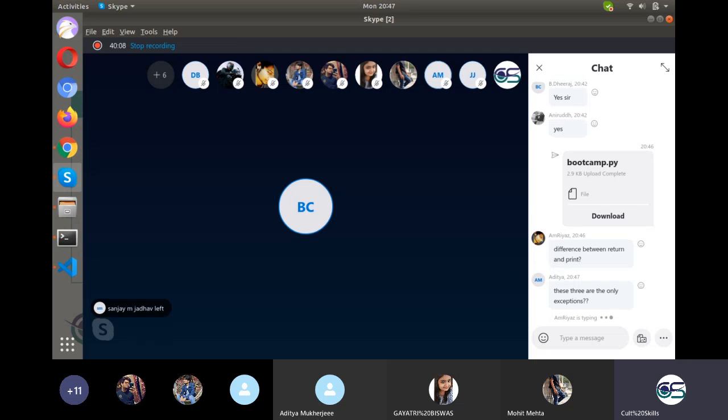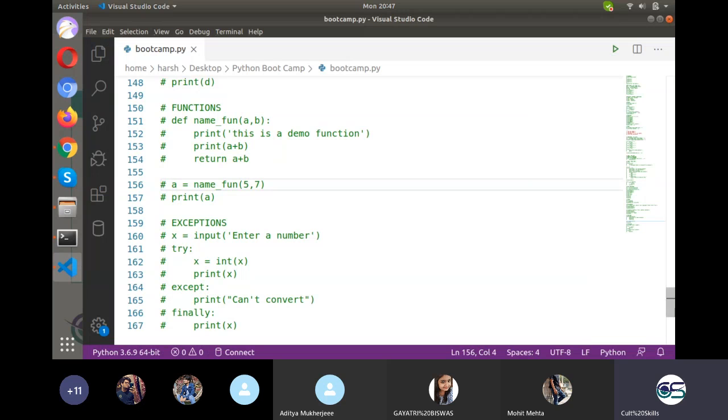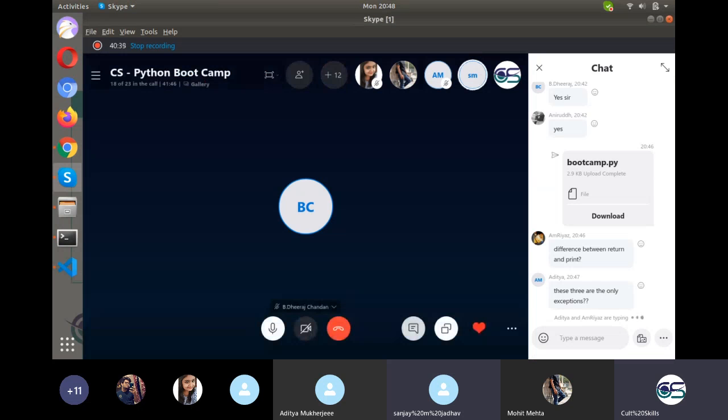Great. These three are the only exceptions. Okay, these three are not exceptions. These are the blocks of exception handling. So in try, we need something to be tried, to be tested. If it works successfully, fine; if it doesn't work successfully, we go to execute. Oh, sorry, except, if it will run. So these will be something like or something like.